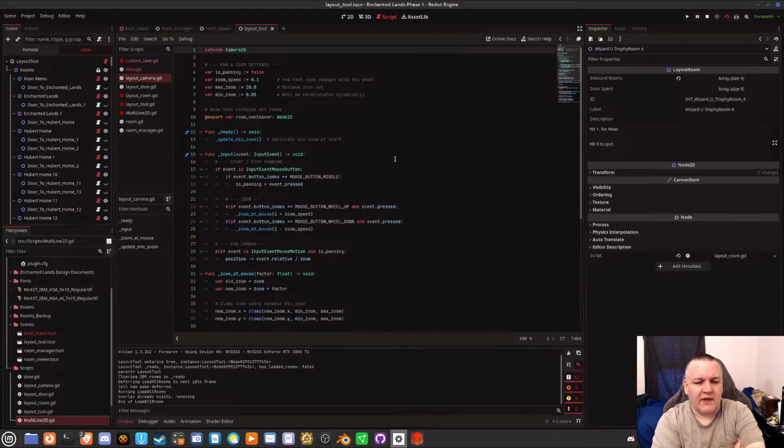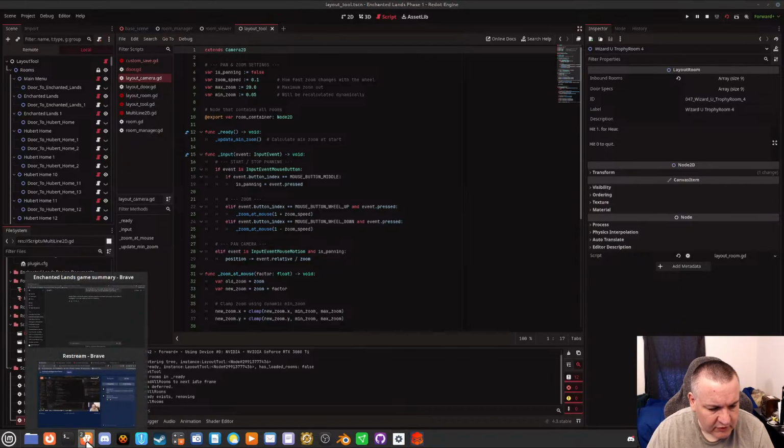Because this is adding functionality. It's a script that adds functionality, and I guess it needs to have its own class name, right? Let me ask. I don't remember which.